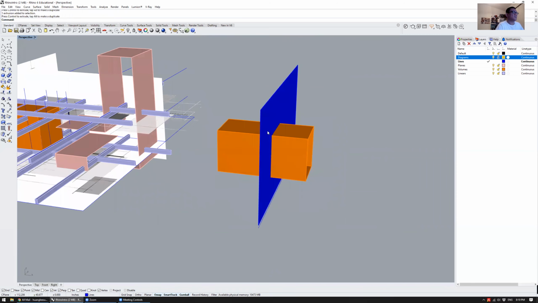Okay, and let's use this to trim it. So I'm left with this, right? This is just showing you that it's adaptive, meaning that if I did a trim that's diagonal, that still works,